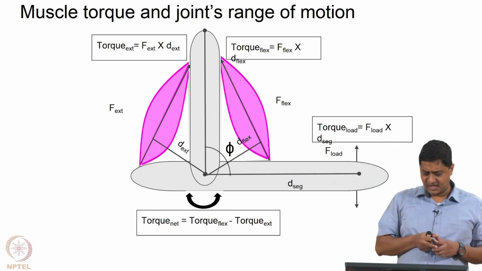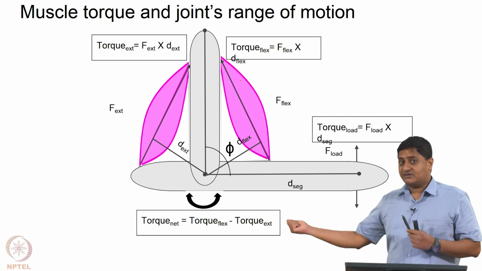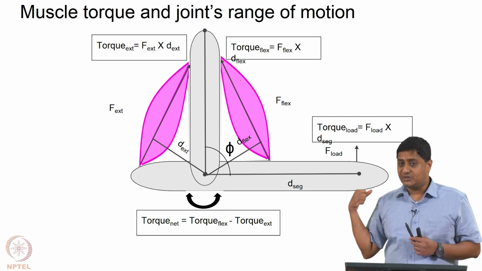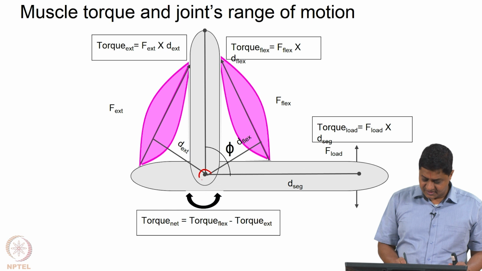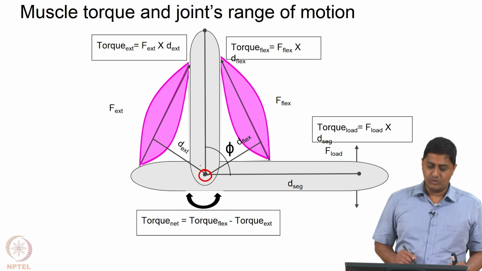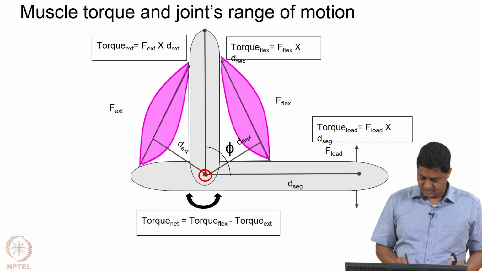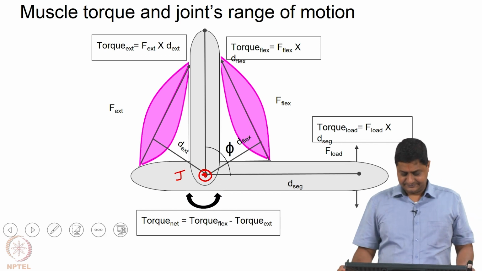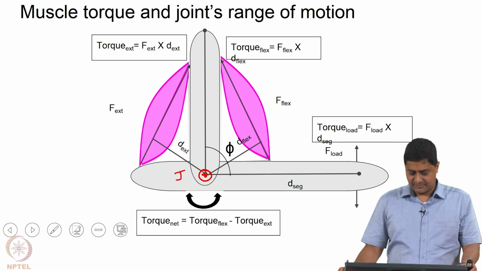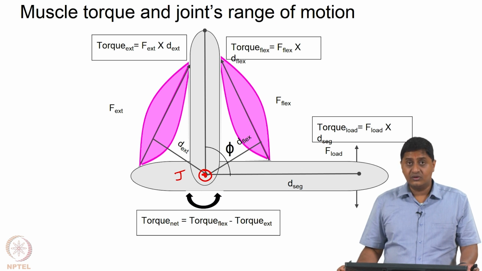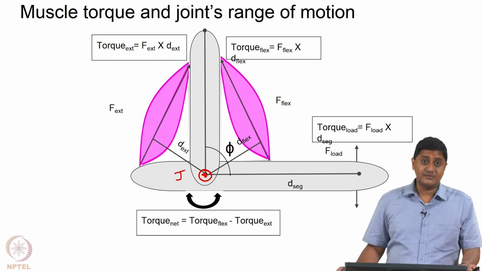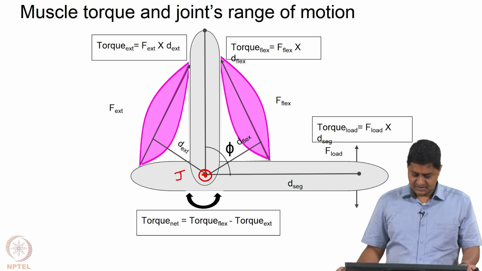How is this movement happening? Actually, this particular movement is happening through the interaction of multiple muscles, but we will consider a simple case. Okay. Let us suppose this is the joint J about which the movement is happening, right. Now, phi is the joint angle, which is approximately 90 degrees in this case, and I would like to flex or reduce phi.